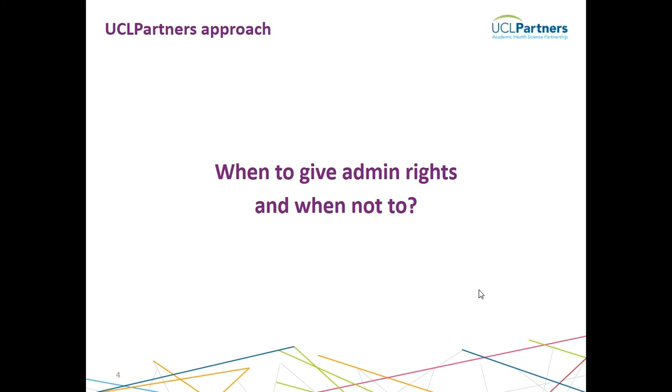One is, have you got a strong working relationship with this partner organization, and especially with the individuals that are looking for admin rights? Another point, has there been evidence of good engagement from their part in the past, and especially in relation to live QI? With the trusts that we're working with at the minute, they have been regular participants of our local user group. They've submitted ideas for development for the platform. They've regularly engaged with us on how they can better use live QI to support improvement work within their trust. So those are a few key factors that we were looking for.